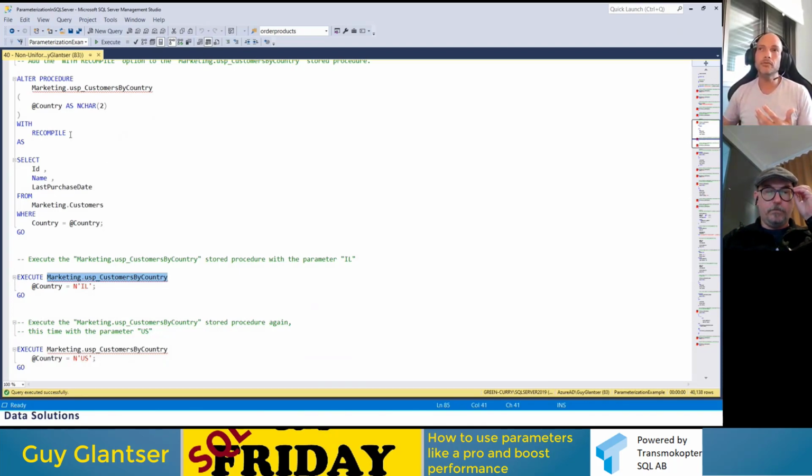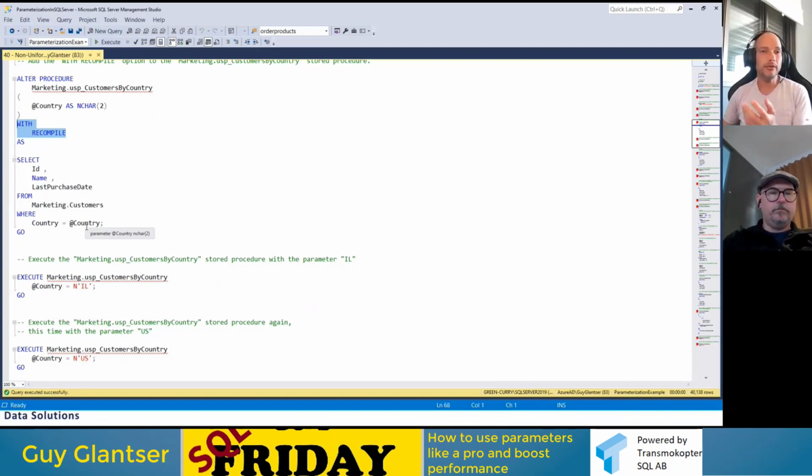If you're going to add this WITH RECOMPILE, you might bring your service to its knees. Okay, it's going to be 100% CPU all the time. It will be busy just compiling your stored procedure all the time. It's risky. Okay, so be careful, test, make sure that you add this WITH RECOMPILE only where appropriate.